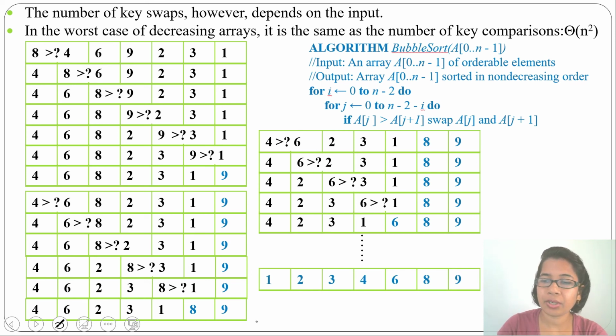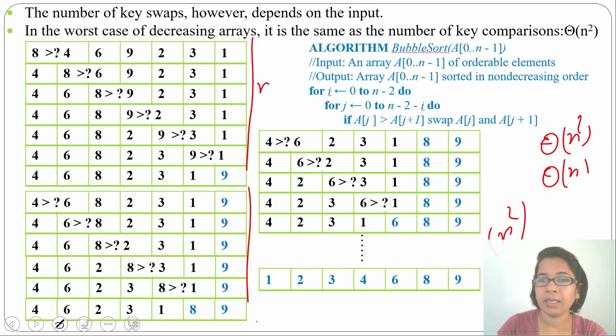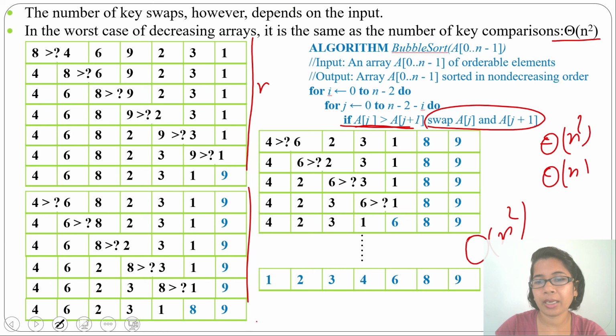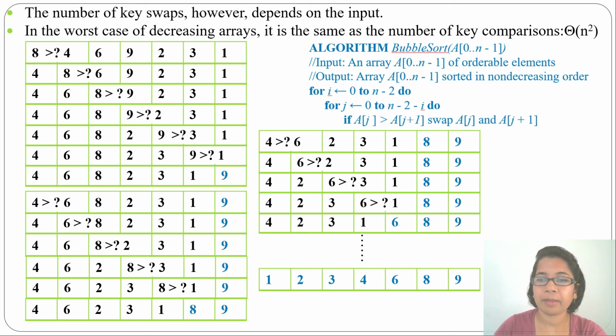In case of selection sort, time complexity is theta of n square, but number of swaps is theta of n. But in case of bubble sort, running time is theta of n square. In bubble sort, number of comparisons is theta of n square, and if this if condition is satisfied, then we'll do this swap. And swaps maximum can be n square, so we can write number of swaps is big O of n square and running time is theta of n square. So number of swaps varies according to input, but maximum it can be big O of n square. Whereas in selection sort it is theta of n.